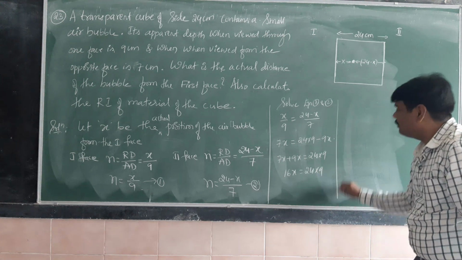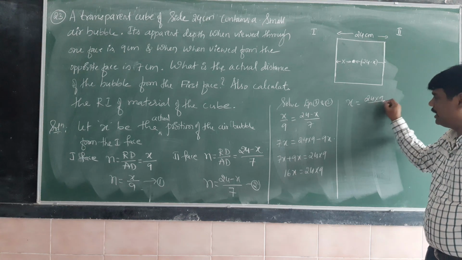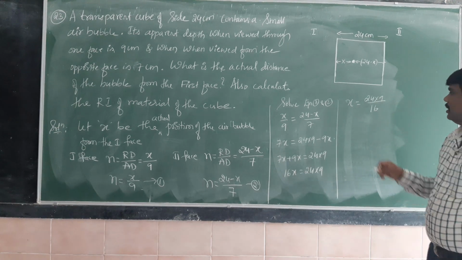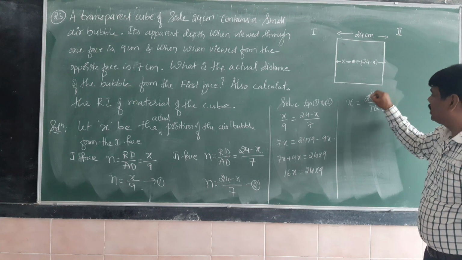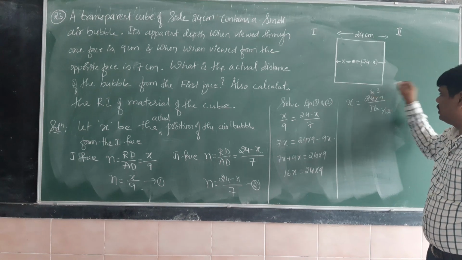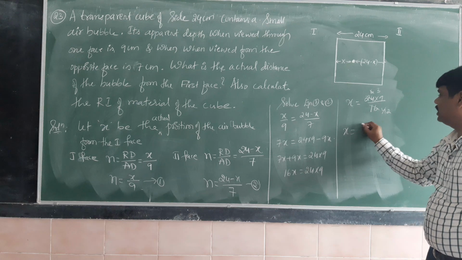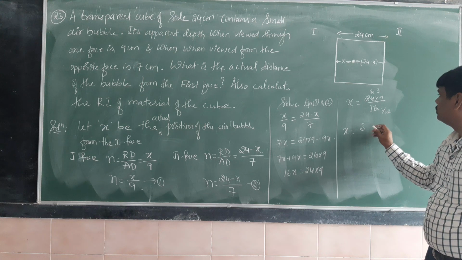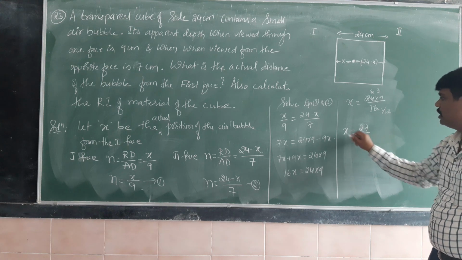Then what is the value of x? x is equal to 24 into 9 divided by 16. So 4 fours are 16, 4 sixes are 24. So 2 threes are 6, 3 nines are 27. x is equal to 27 divided by 2. So the value of x